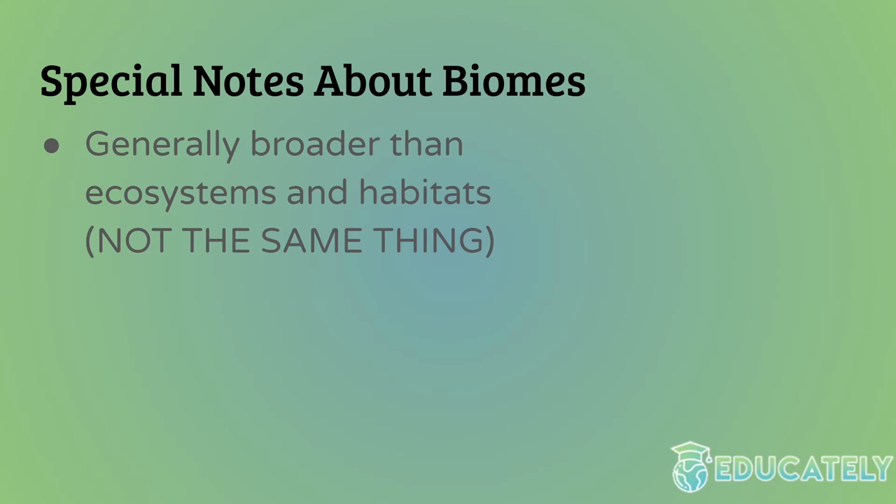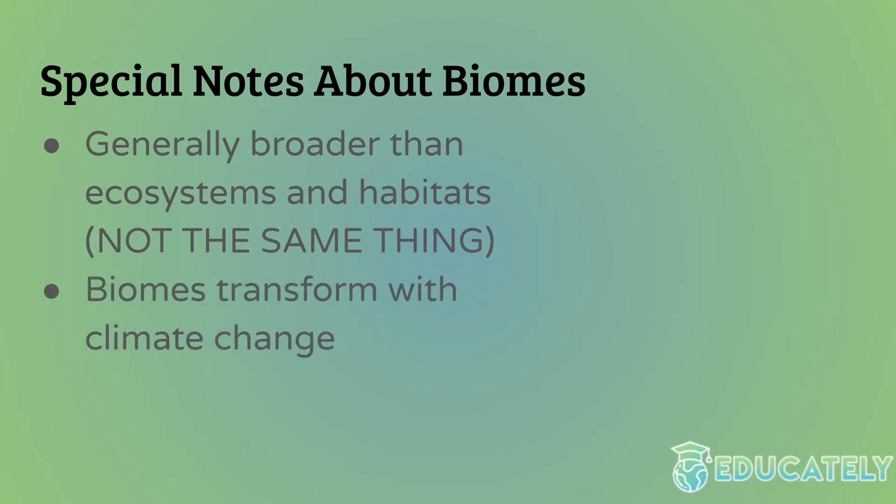Generally, biomes are broader and contain multiple ecosystems and habitats because they are pretty large. Biomes can transform with climate change. Depending on the factors I mentioned on the last slide, if those factors change over time due to climate change or if there's an ice age, that can impact the type of biome that's present in a given area. For instance, in northern Africa, you might know today there's a big desert there. It's called the Sahara Desert. But 10,000 years ago, northern Africa was a grassland with many lakes and rivers. So it had a completely different set of animals there.